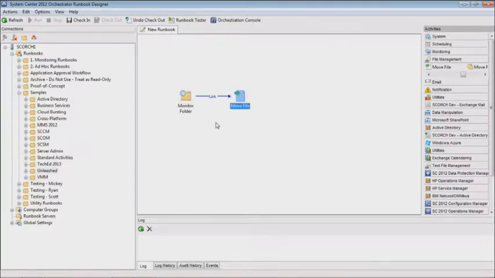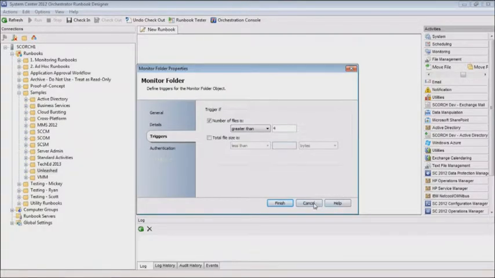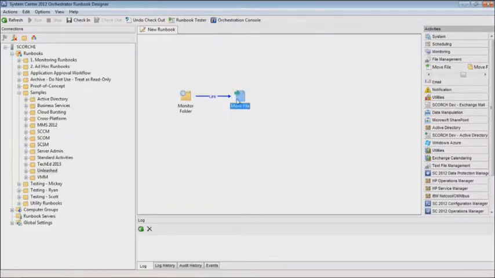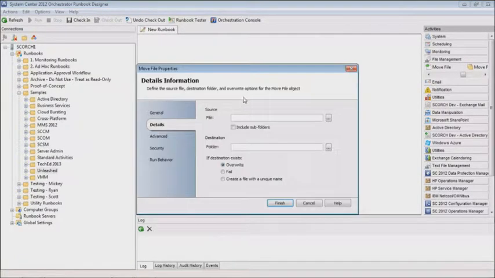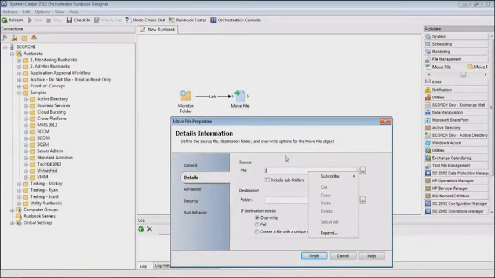So by default, a runbook's going to do something very simple here. When our monitor folder criteria finds more than 4 of these files, it's going to automatically trigger, according to the link logic: when monitor folder is triggered successfully, trigger the move file. So A is initiated, is triggered, so B is going to execute automatically. I'm going to double click into that next activity, and when I want to move this file, maybe I want to move it over to an archive directory, I can manually specify a bunch of files in multiple move file activities, or I can dynamically subscribe to that information